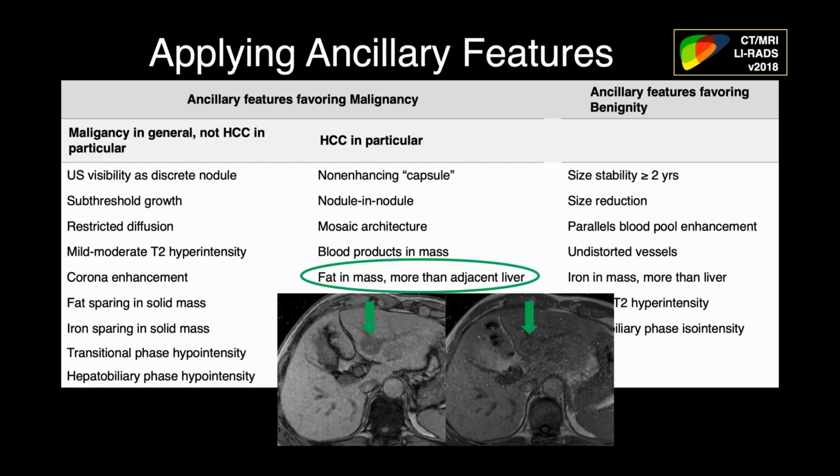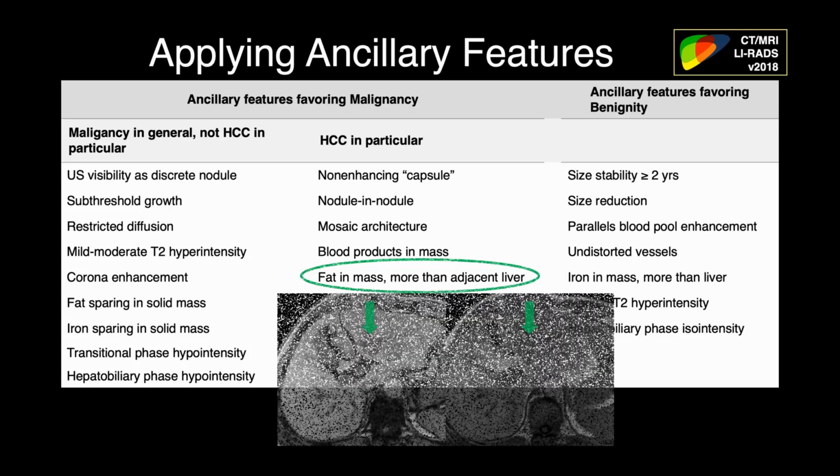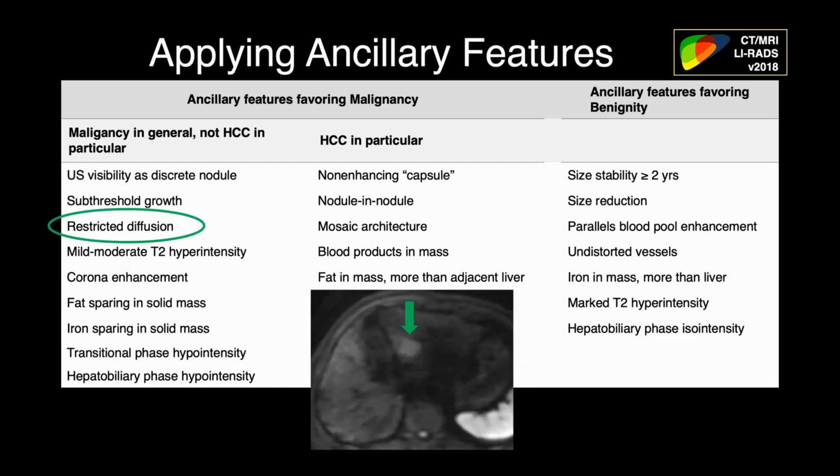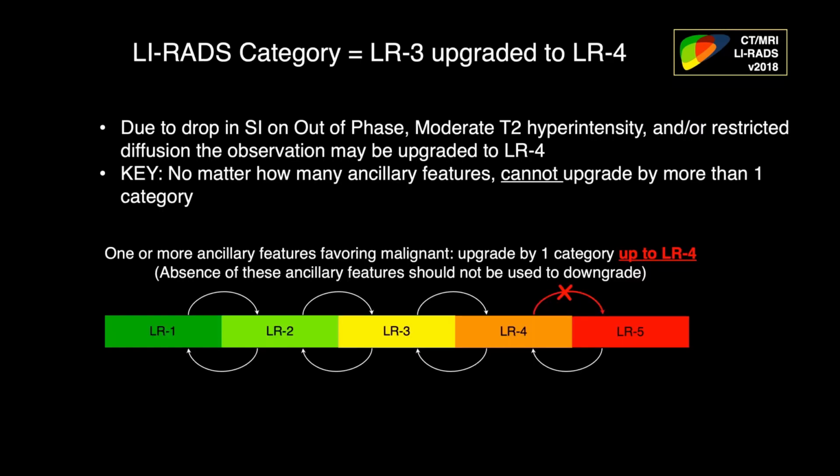There's mild to moderate T2 hyperintensity. You get a little bit of spleen here, but it's probably mild T2 hyperintensity. And then we show that there's restricted diffusion within it, and we know that we're dealing with a higher b value just looking at the central canal here at the same level. So if we apply these ancillary features, we can actually upgrade this observation to a LI-RADS 4,